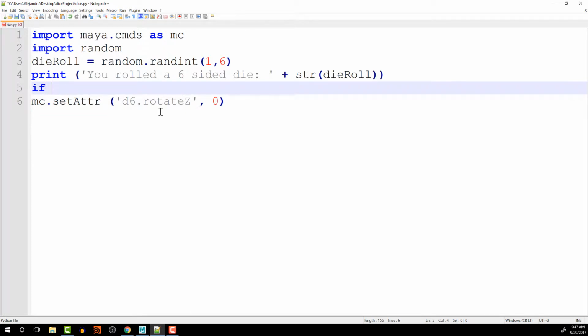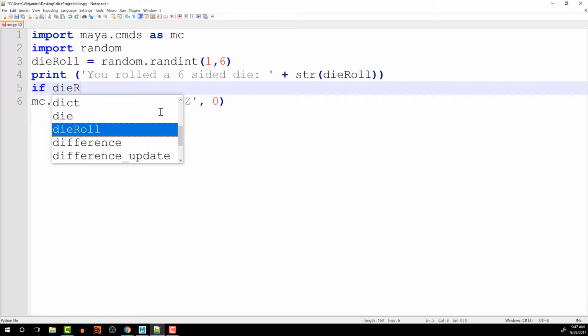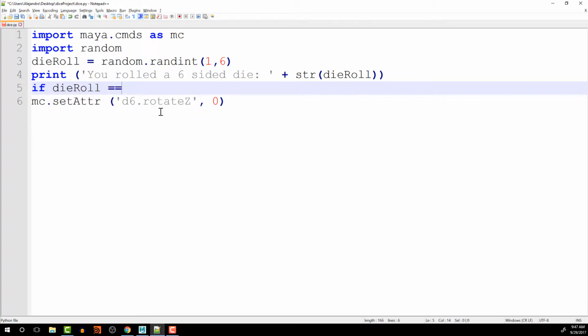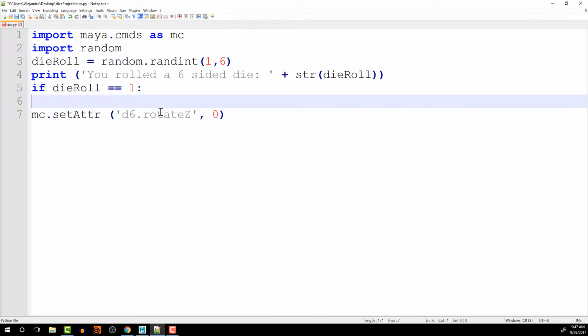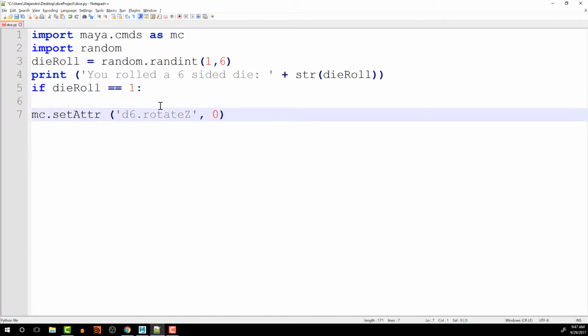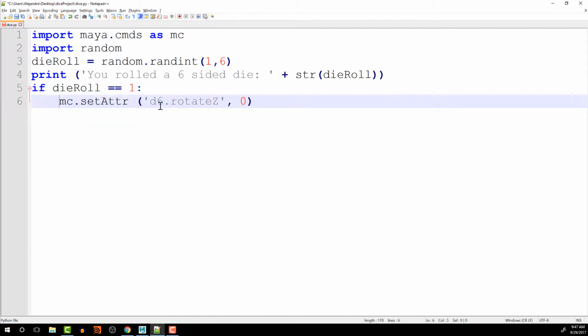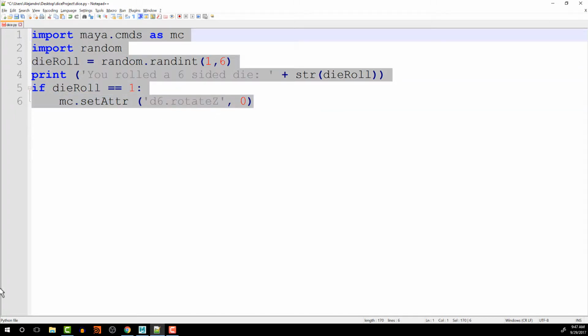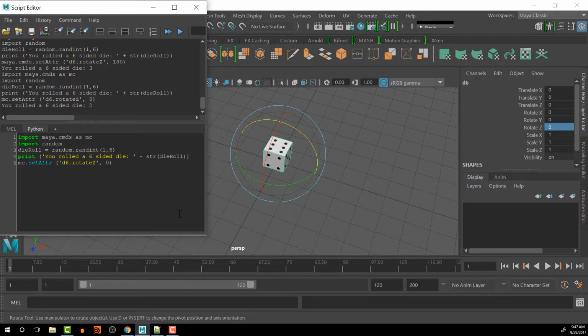So if die roll is equal to 1, then we can put a colon, which will tell us that we are done with that line, and then I'm going to indent, which is 4 spaces. So let's copy this here and paste it